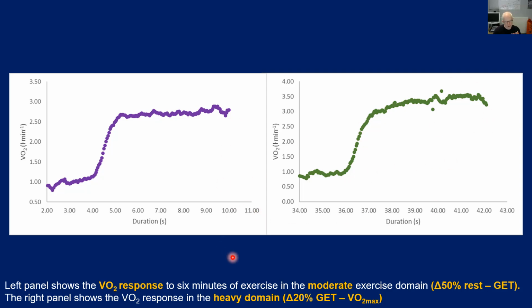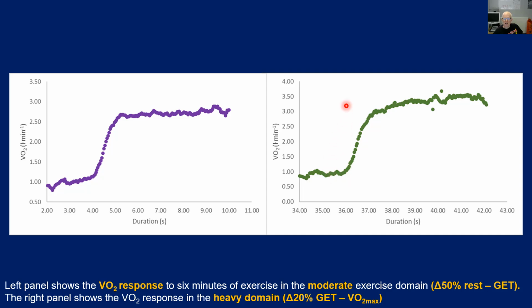But now look at what happens in the heavy domain. Here we've gone for delta 20% of gas exchange threshold to VO2 max. Now, there's perhaps a more efficient way of doing this. The reason we couldn't do it the efficient way was that we didn't at the time have access to, for example, maximal lactate steady state data or critical power. So we went for something close to gas exchange threshold, which, if it's above that, puts us in the heavy domain, but not so far into it that we're worryingly into the severe domain. Same thing happens. You get the immediate increase in the ATP turnover rate, so VO2 rises, but we're borrowing